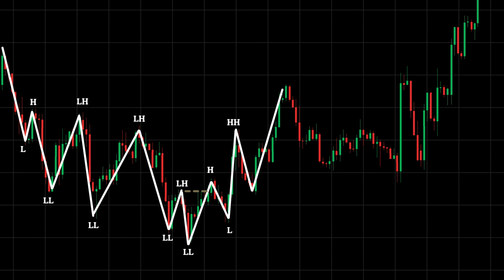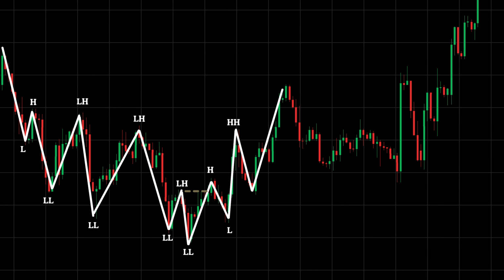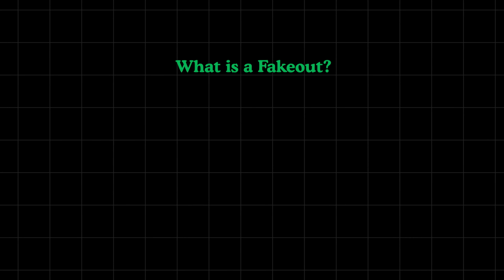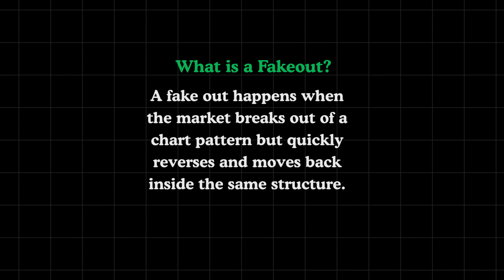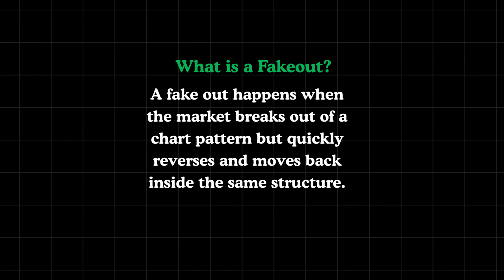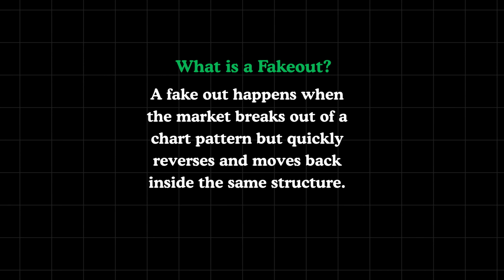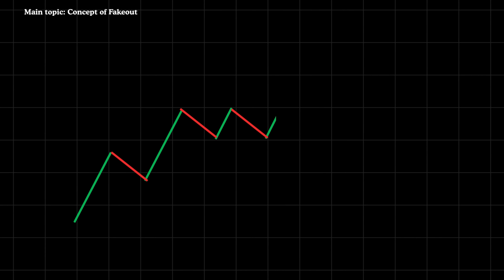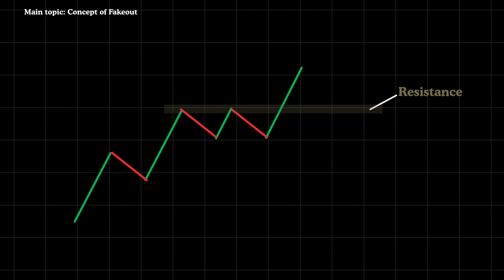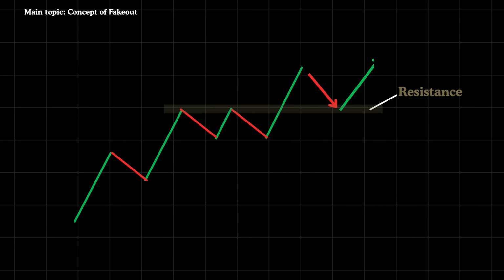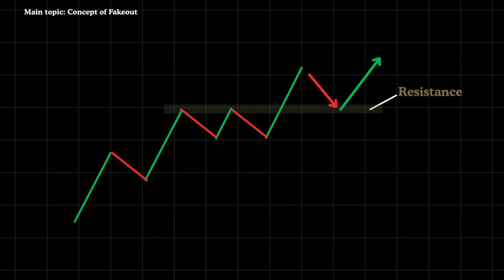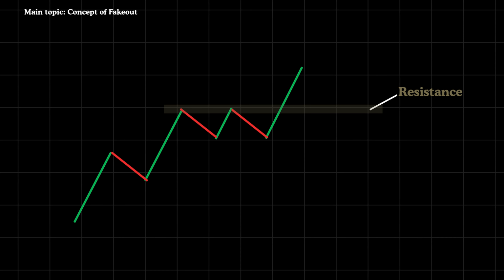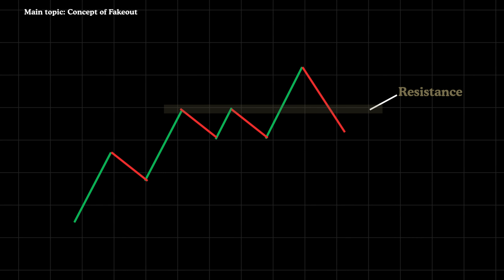Now that you have a clear understanding of trends and basic market structure, let's discuss fake outs. A fake out happens when the market breaks out of a chart pattern but quickly reverses and moves back inside the same structure. Picture an uptrend where price breaks above a resistance level. So when the price pulls back to this area, we expect it to act as a support zone and push the market upward. But if the price slices right through the level without any reaction, we label this as a